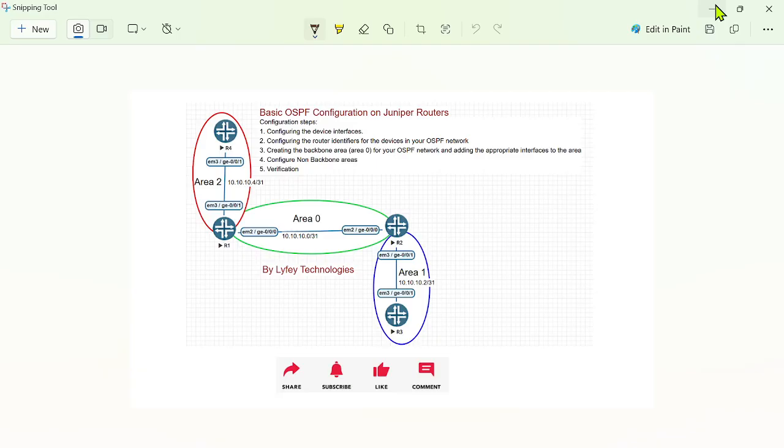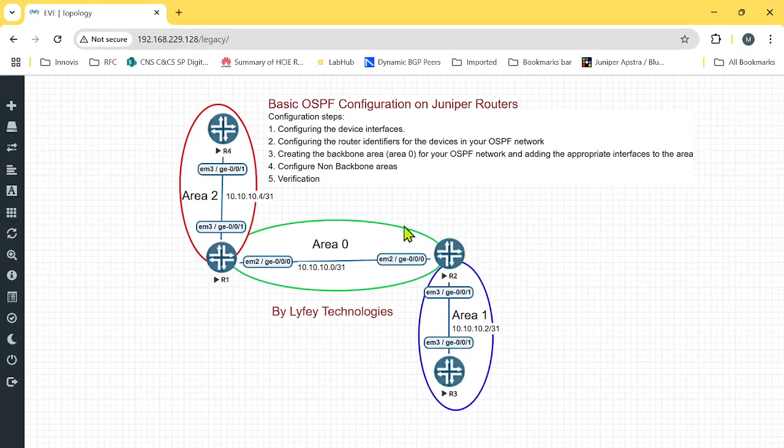We'll be moving to the configuration stage, and as I've mentioned, we need to configure the interfaces, we need to configure the router identifiers, and then we need to activate different OSPF areas on different devices. This is the topology setup on EVNG. I've just taken a snippet of this. We have the lab setup in EVNG,